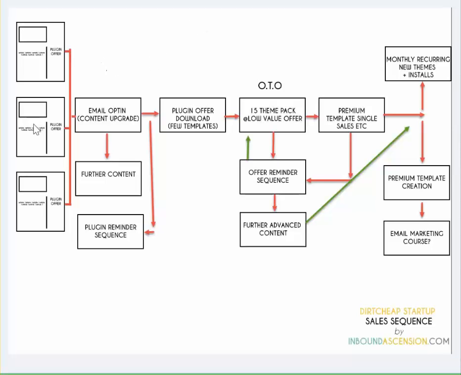I normally do it all on the whiteboard, and it never really sees the light of day on the PC. So the start of the sequence is here, where you're going to be having a lot of content coming in for people to find you, top of funnel, a lot of keyword searches and things like that. But what I suggest is you have like a 3-article sequence around the same things, talking about how to make more sales in your business, how to start doing email marketing and how well it works, and like a case